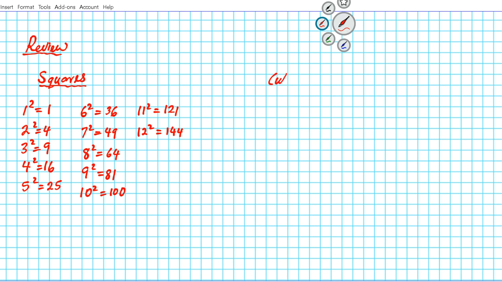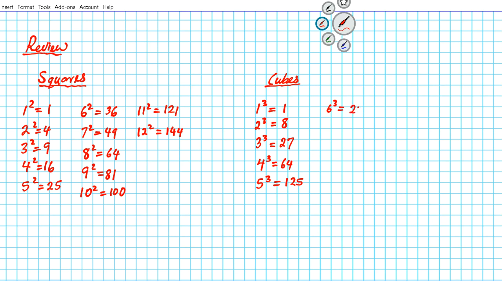All right, so how about our cubes? Let's take a look at our cubes starting from 1. 1 cube just means 1 times 1 times 1. All right, so the power repeats how many times you multiply that base by itself. So 1 to the third is 1, 2 to the third is 8, 3 to the third is 27, 4 to the third is 4 times 4, which is 16, times 4 is 64, 5 to the third is 5 times 5, which is 25, times 5 is 125, 6 to the third is 6 times 6, which is 36,